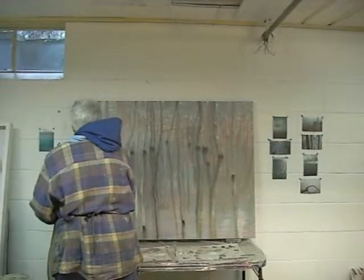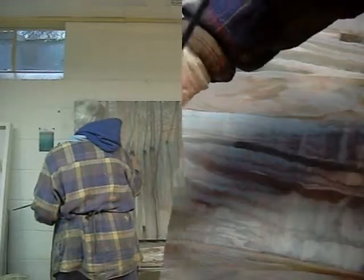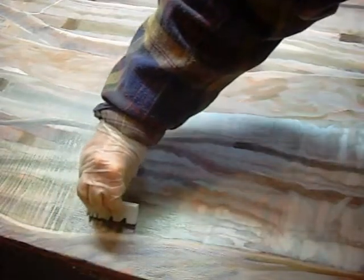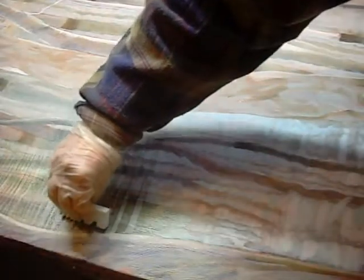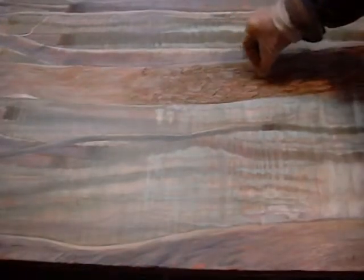Building a painting from the back forward. You do the backgrounds, and then you start working on the foregrounds. And the trees, in this case, are the foregrounds. So here's a glaze, usually translucent colors of the oil paints mixed together, and there's one of the eraser combs that I've made. Displacing the paint. And here's a piece of eraser that I'm sort of squeegeeing the paint away like I was doing before in